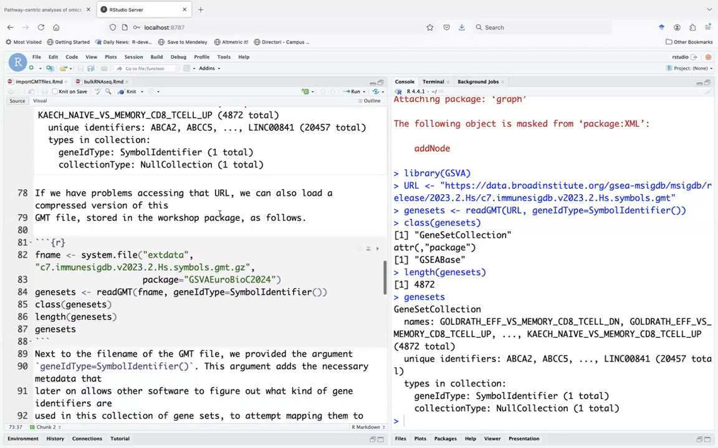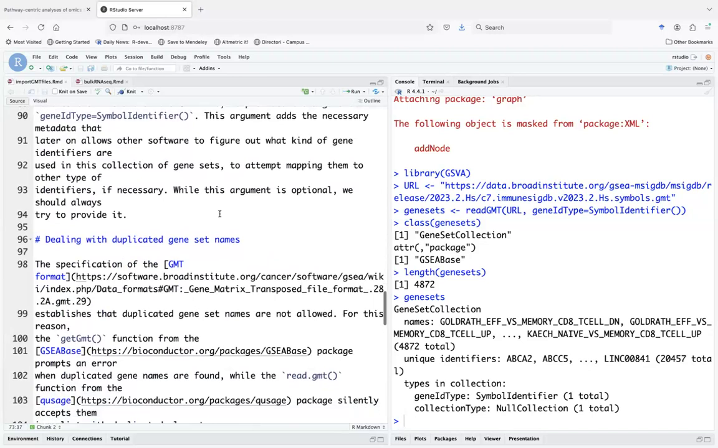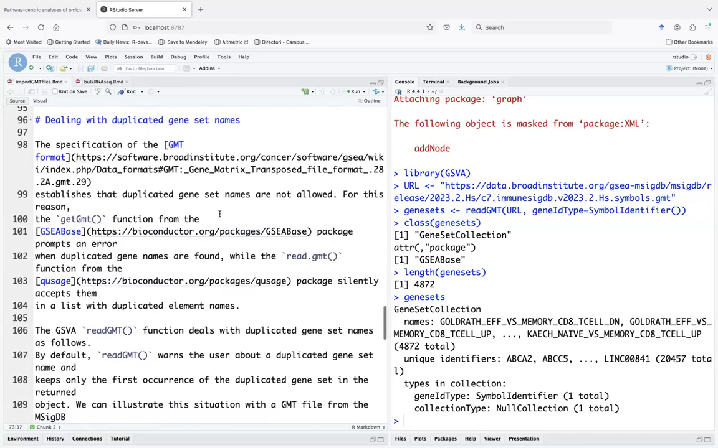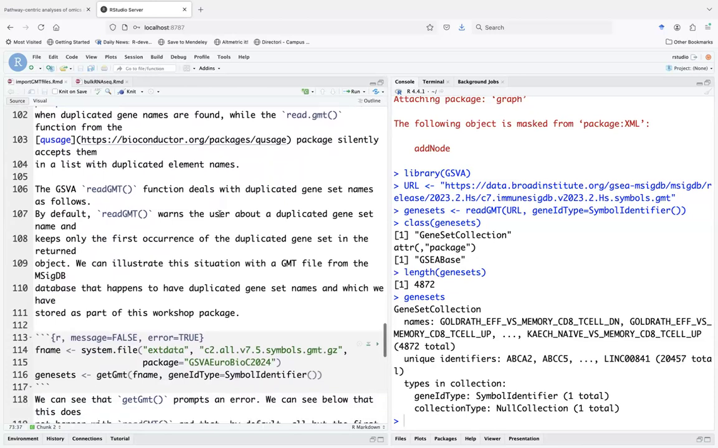Then why did we add this function to GSVA when GSEABase already had a function readGMT? Now, the file format definition for GMT files says that the gene set names must be unique. We have, however, found GMT files that were distributed by Broad where this was not the case. And if you use their own GSEABase,